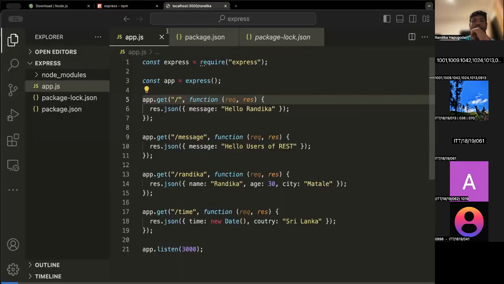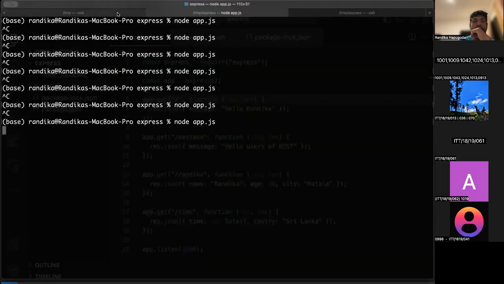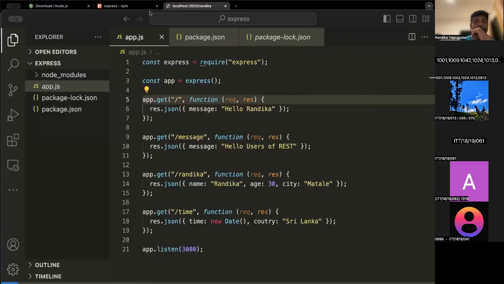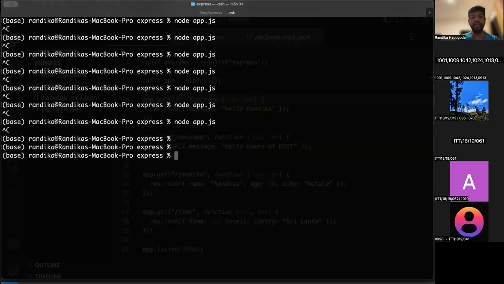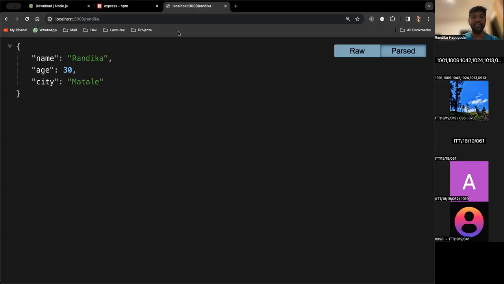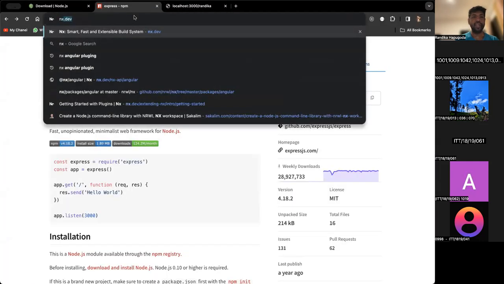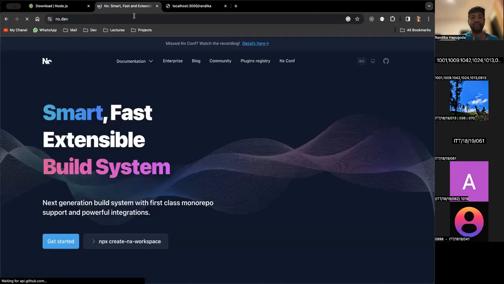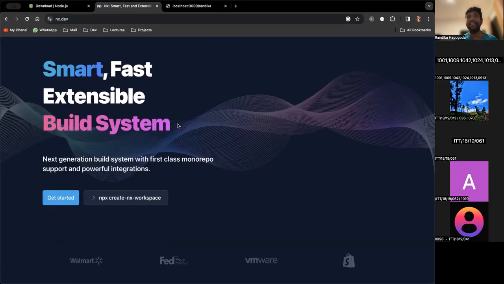Let me stop the current application. I will see the back. So in order to create an NX application, as I mentioned earlier, there is the website called nx.dev. You can create a simple workspace, that means a simple project, using this command. You can run this npx create-nx-workspace command in order to create a new fresh